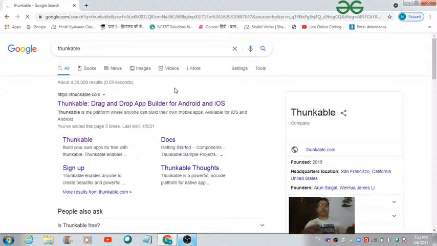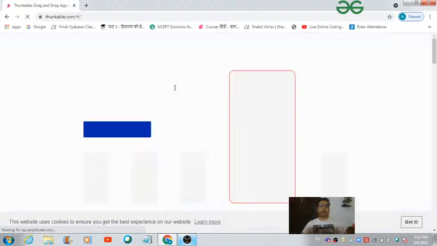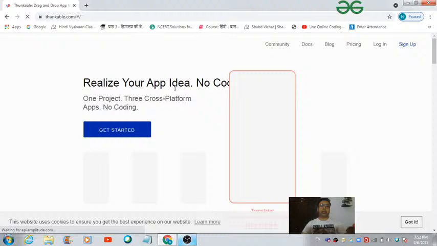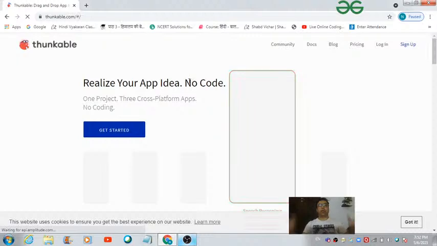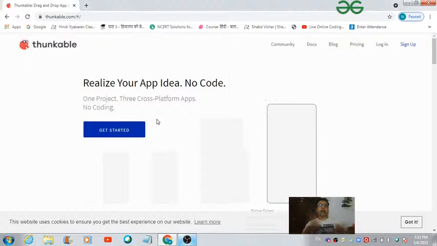Thunkable is just like code.org, where we can use block-based coding for developing responsive mobile applications. And if you have knowledge of website development, you can definitely create magical things without using any code on this platform. The first thing you have to do after coming onto this platform is to log in. How can you do that? Hit this login button, and it is going to redirect you